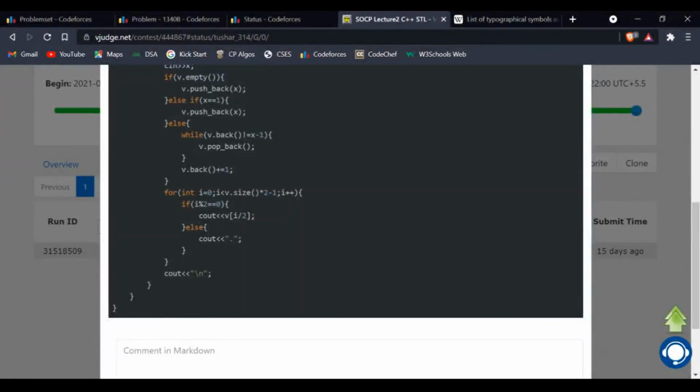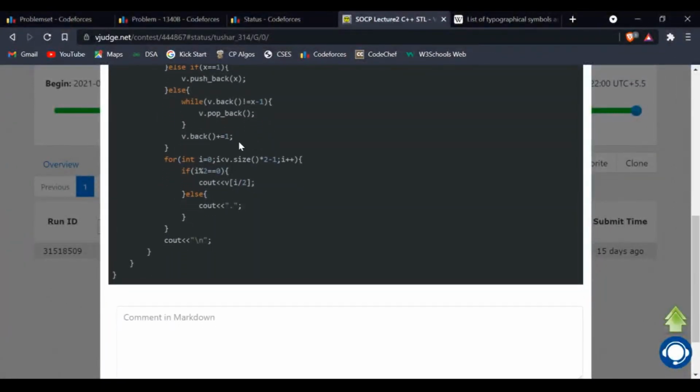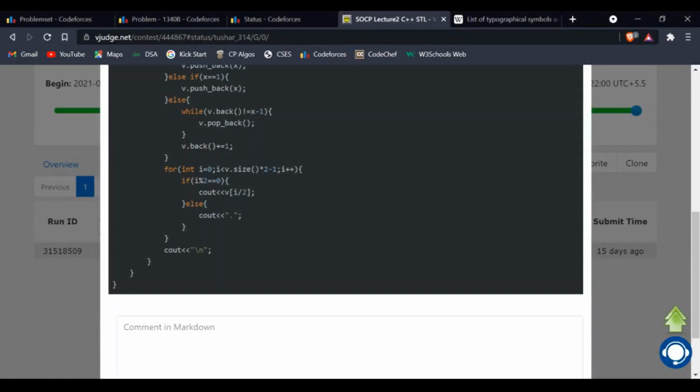Then I will check for x minus 1 in my stack. And I will start popping the elements until the last character left in stack is x minus 1. So after popping all those elements out, I will then increase the last character by 1. That is, I will pop out x minus 1, increment by 1, and add back to stack.